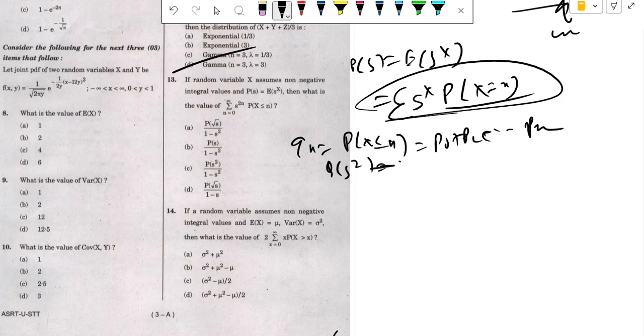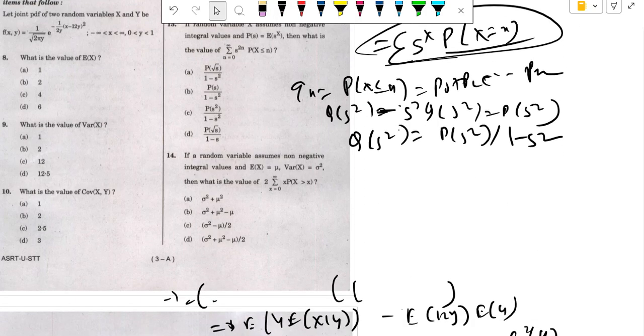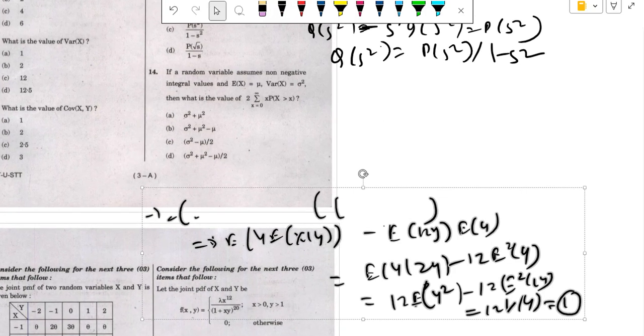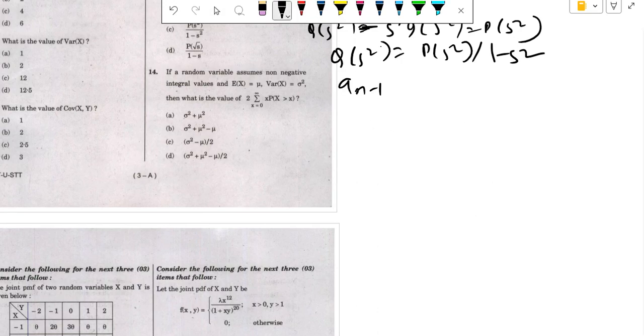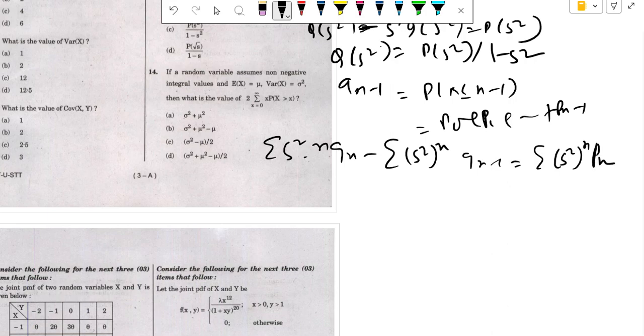Q of s squared is minus s squared Q of s squared. This is P of s squared. So Q of s squared itself is P of s squared divided by 1 minus s squared. So directly Qn is this, and Qn minus 1 will be the probability of X less than or equal to n minus 1, P0, P1, up to Pn minus 1. So that is the summation of s squared n Qn, summation of s squared n Qn minus 1, that is summation of s squared n Pn,